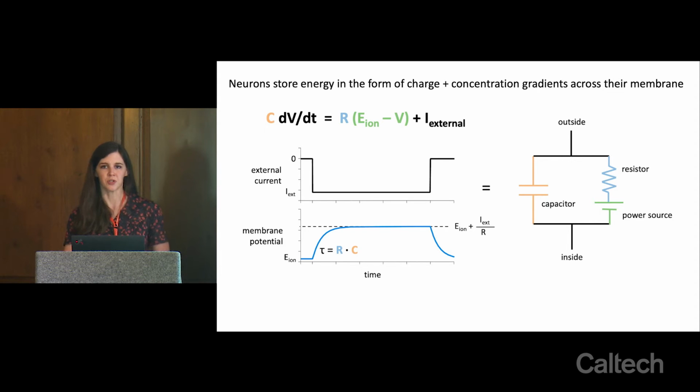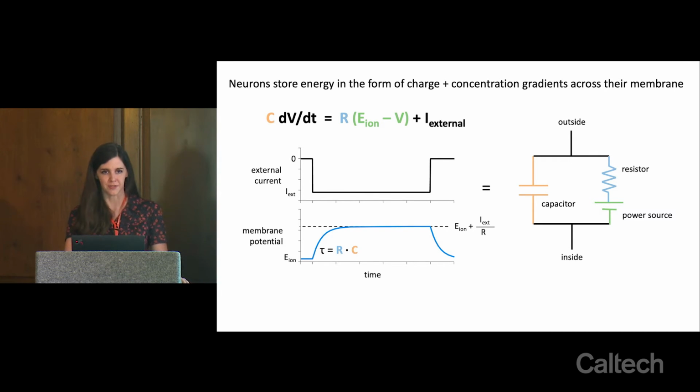So this gives us what's called the membrane time constant of the cell, the rate at which the dynamics are evolving over time. And in this case, there's just a single ion and a single resistance that's affecting this. So you get this nice simple equation for the time constant in terms of these two things. So in general, in neuroscience, most of your neurons are going to behave like this.